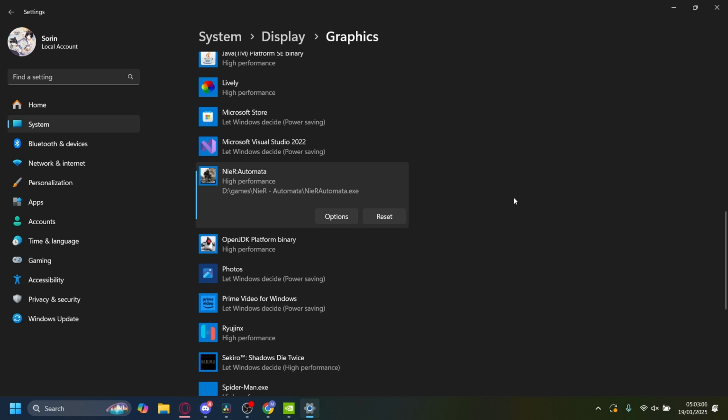So I know that this game will run well, knowing that right now it's going to be using the RTX 3050 instead of the integrated graphics card